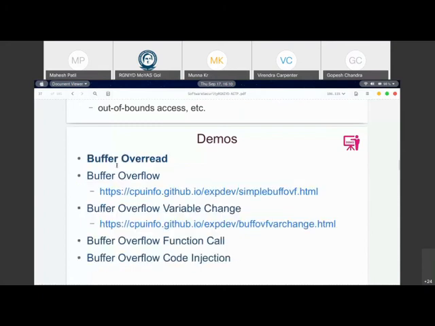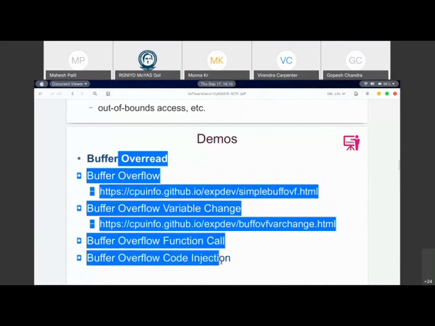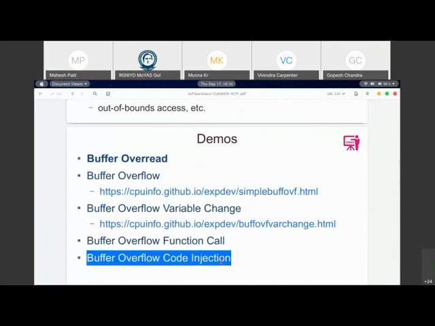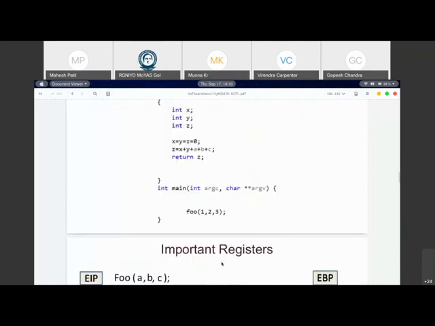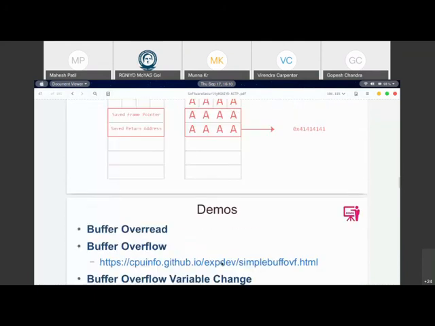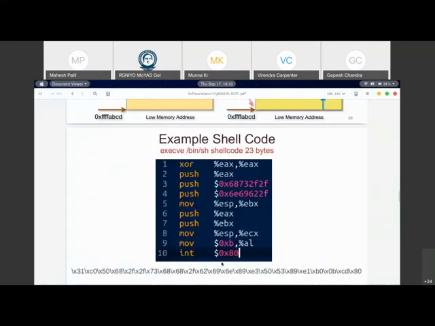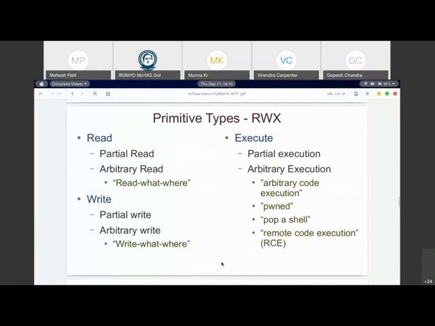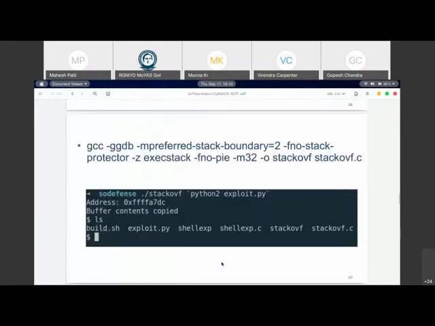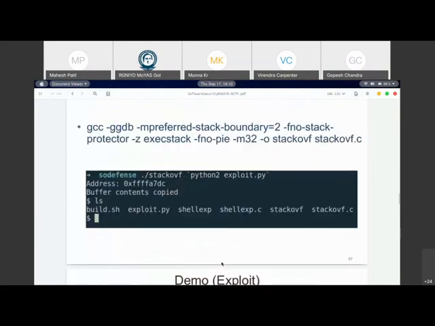So we started with a small thing and then started developing a very complex program where we can execute any arbitrary set of instructions on the processor. So that's what I wanted to show it to you and demonstrate it. So you might be thinking, how do I protect my binaries against these kinds of attacks actually?